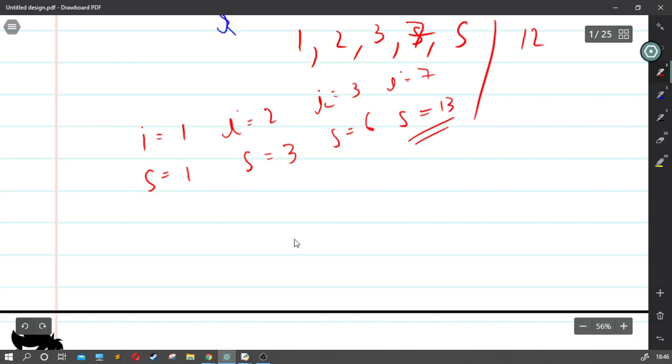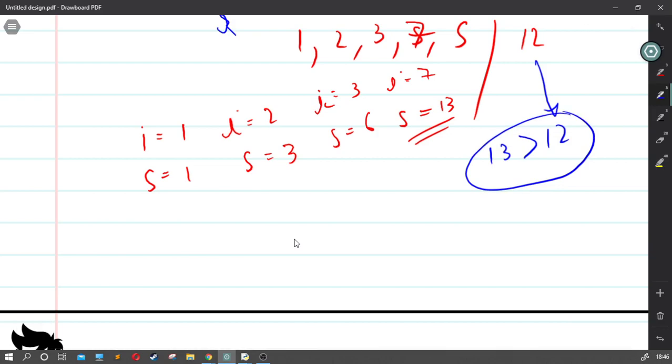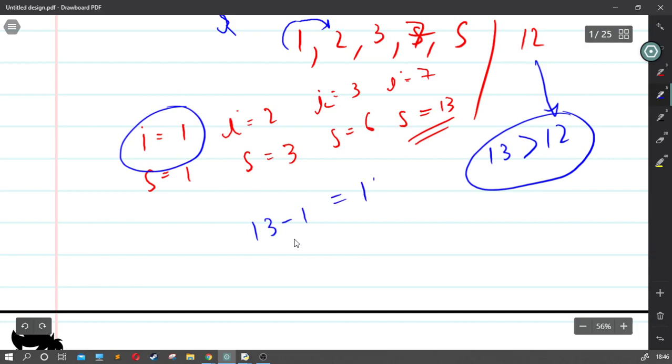In this case, 13 is greater than 12, so we move our starting position just one ahead. So we say 13 minus 1, which is equal to 12, and we got the answer.